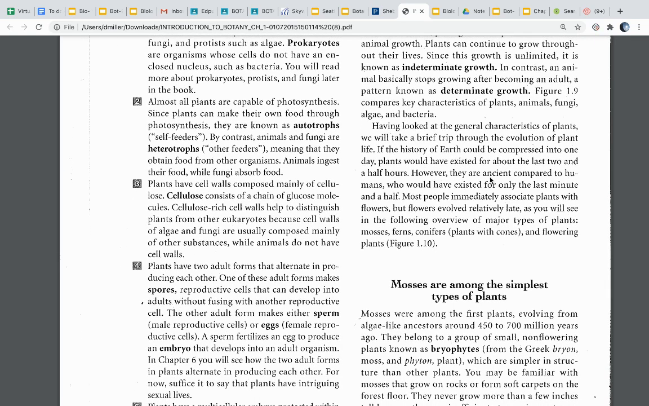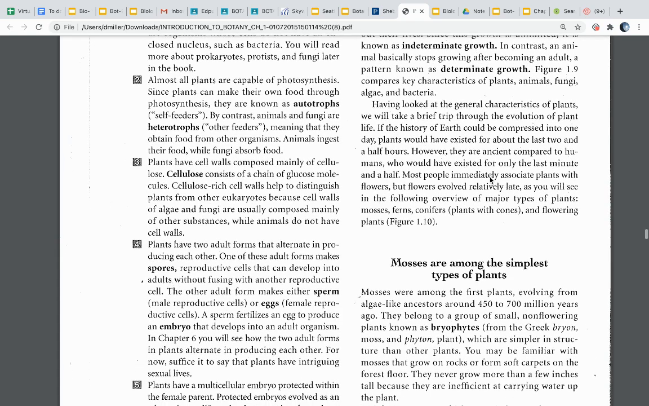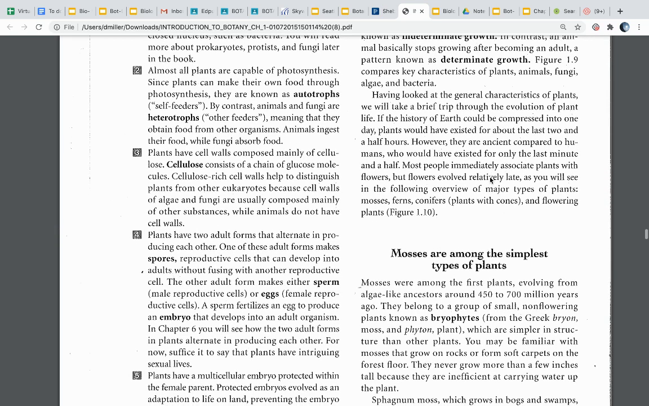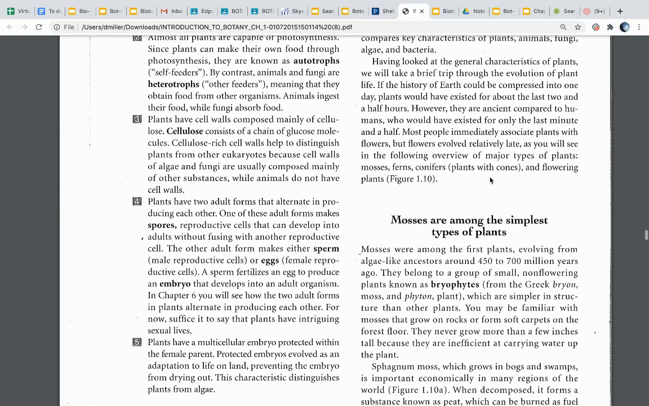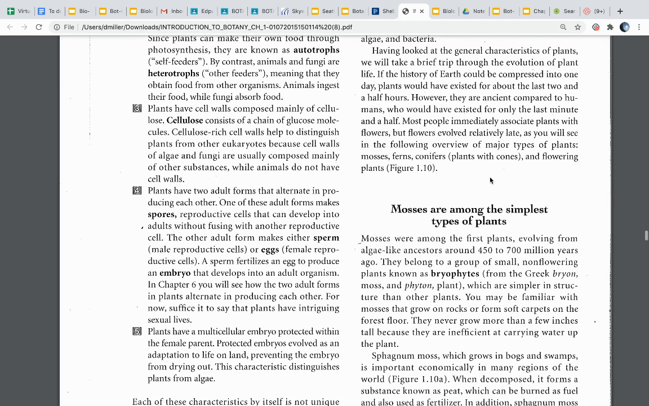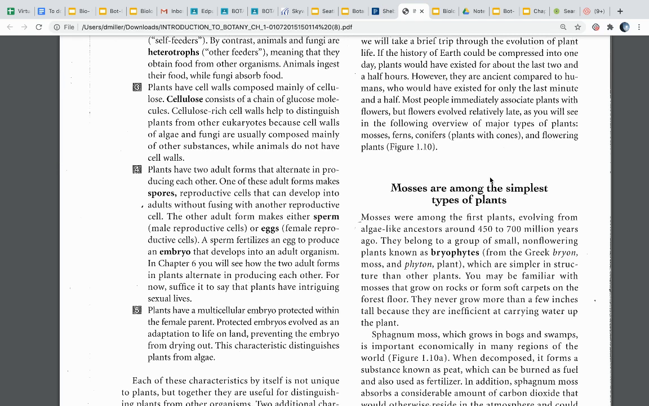Having looked at the general characteristics of plants, we will take a brief trip through the history of evolution of plant life. If the history of Earth could be compressed into one day, plants would have existed for about the last 2.5 hours. However, they are ancient compared to humans, who would have existed for only the last minute and a half. Most people immediately associate plants with flowers, but flowers evolved relatively late, as you will see in the